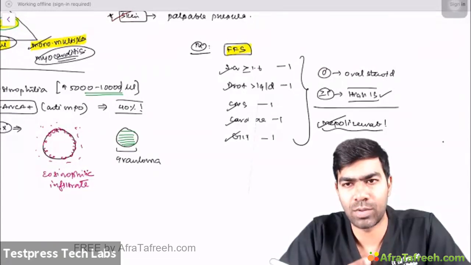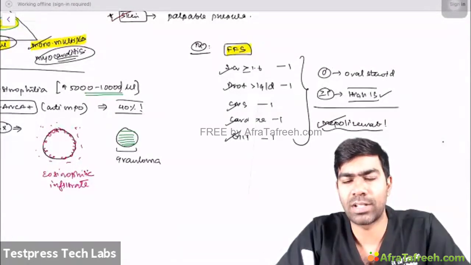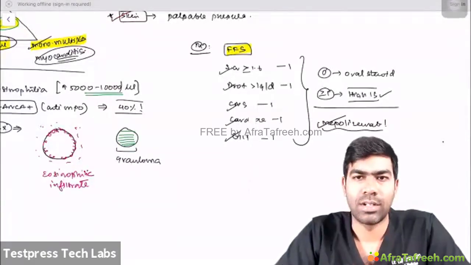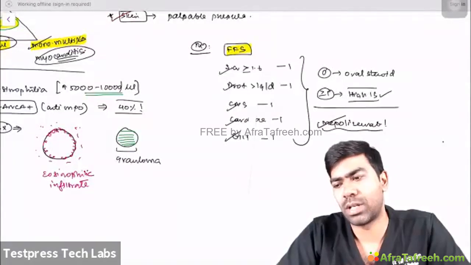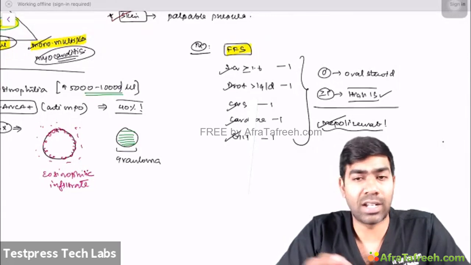Where do they act? What is the site of action? No, they are not mast cell stabilizers. They are leukotriene receptor antagonists. Correct. They are leukotriene receptor antagonists, and it was previously thought that this leukotriene receptor antagonist can trigger the development of Churg-Strauss